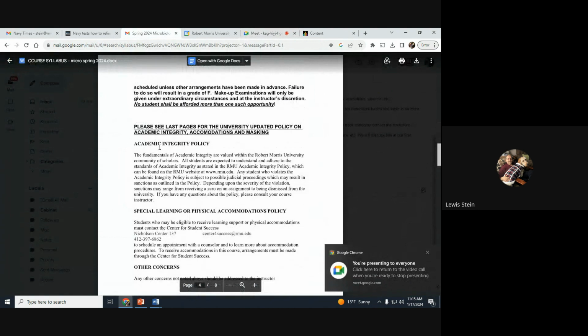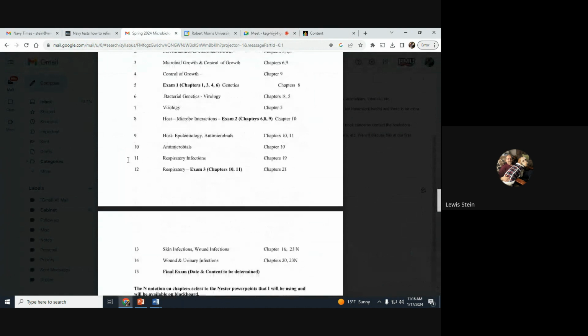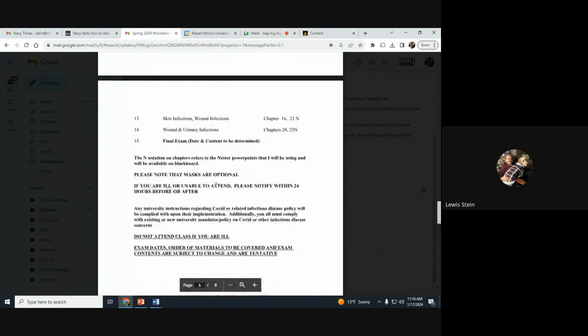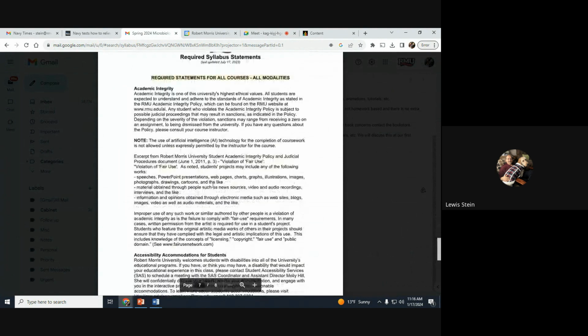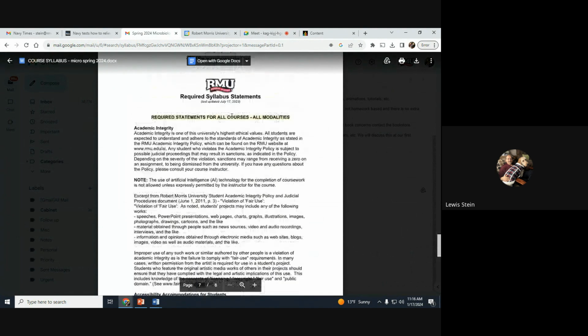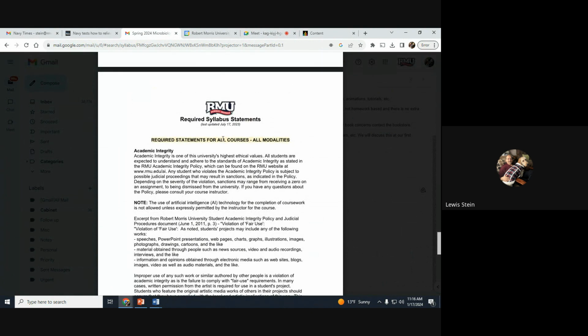And the rest of this is all generic material you don't have to know about. This is roughly the schedule. We're going to get started shortly. I hate to take more than 20 minutes. This is all the stuff, and most of these are with these different statements and things like that. This was a new one. You've probably seen it on your syllabi because this class started yesterday. That these are required statements for either